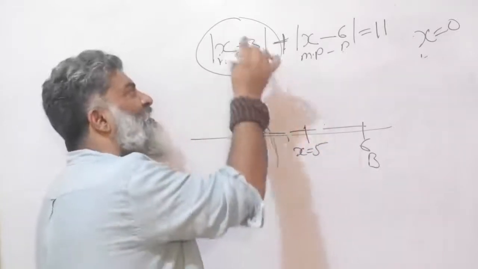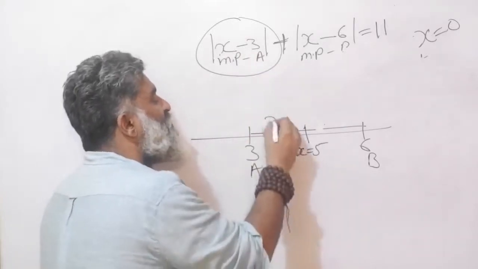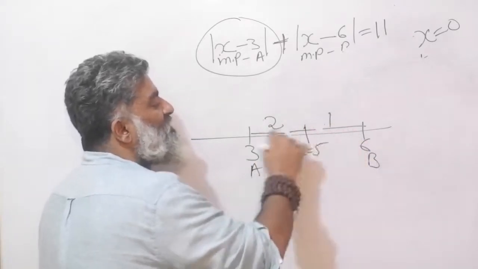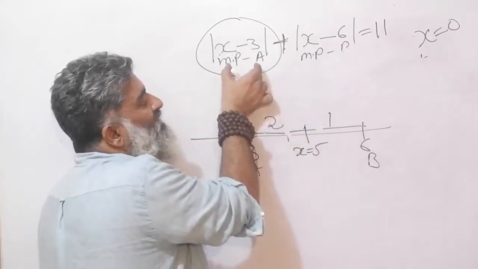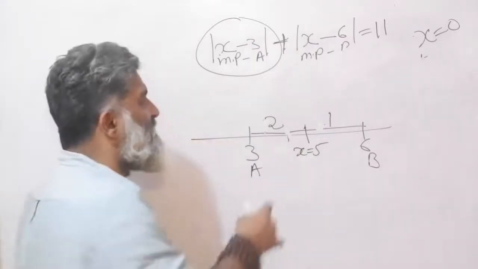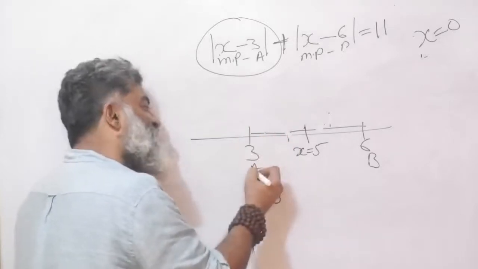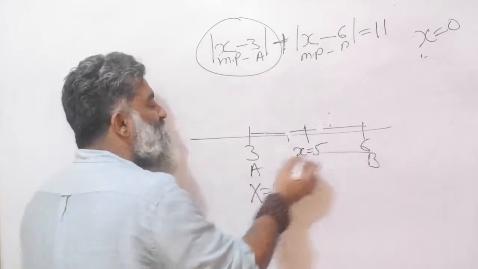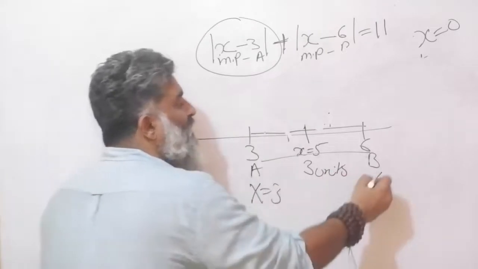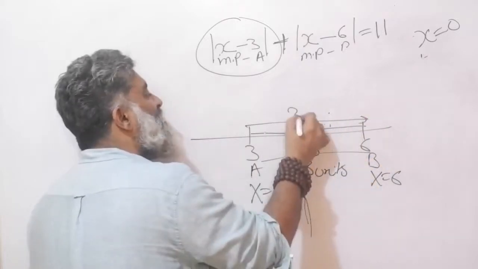Or you can think of it as putting x is equal to 5 and seeing what happens in the equation. Meeting point is 5. The distance from A is going to be 2 units, 3 minus 5. The distance from B is going to be 1 unit. The total distance covered by A and B is still 3 units again. So I notice, okay, maybe I haven't noticed, let me try one more example. What if x is equal to 3? A stays home and B comes to meet him. So you will see now, again it's 3 units, right? 3 units have been traveled by B. Okay, what if you make x is equal to 6? Again A will have to travel, and again if A has to fully travel, he'll still do 3 units.